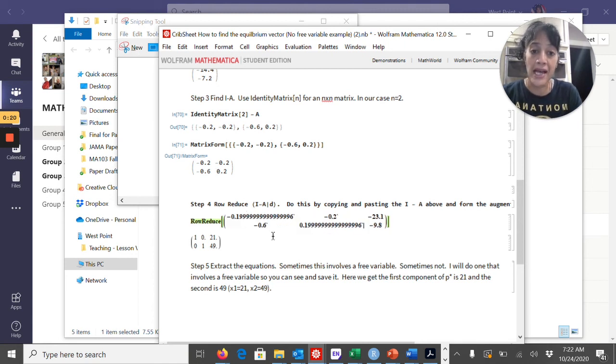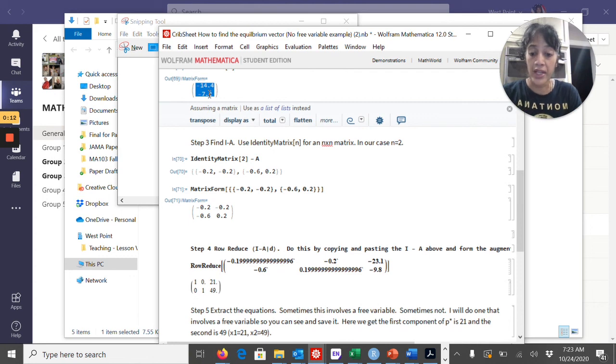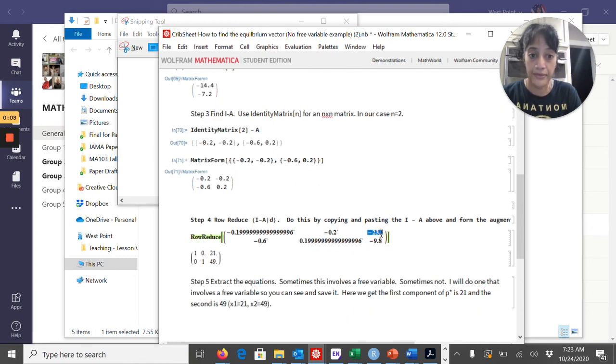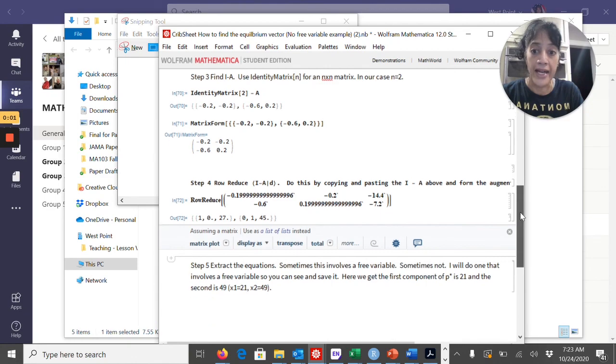And it's not going to be exact, but I don't care. It's doing its Mathematica thing. On the right side, you see the D vector. Highlight the D vector here, Control C, and put it here. Control V. And then go to the side and hit Shift Enter. I get asked all the time,